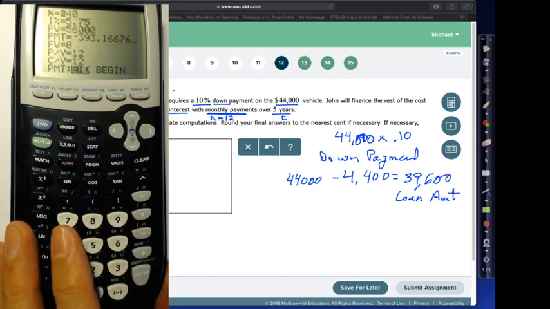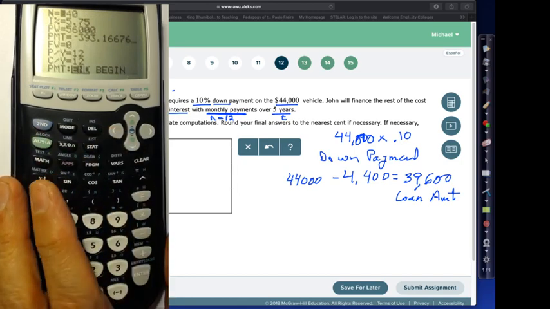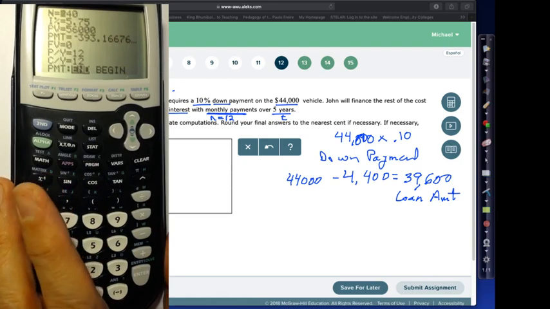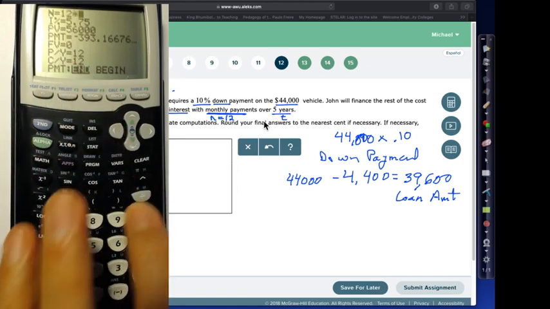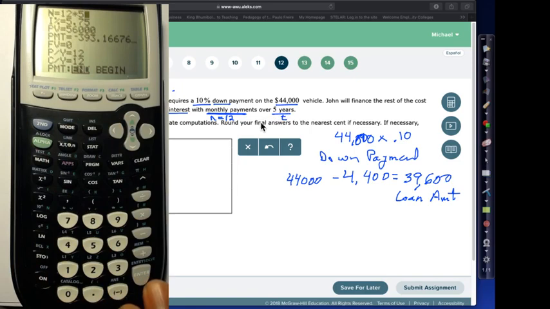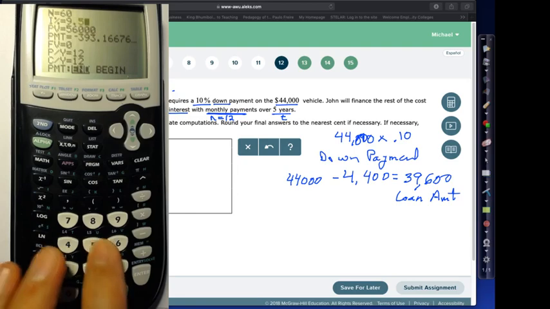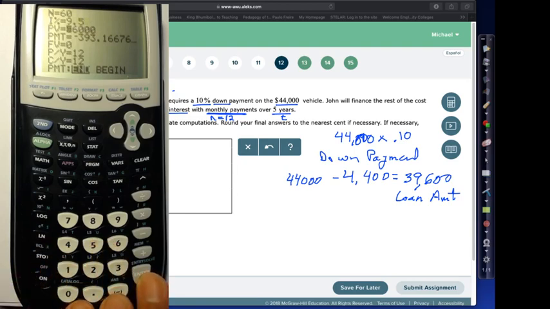This is what's left over from the last problem. We don't have to clear it out, we just leave it as is. So remembering we're doing monthly payments for 5 years, our N is going to be 12 times 5. Now if you do this regularly, you'll just remember 5 years of monthly payments is 60 payments. That's where that comes from. 9.5% annual interest rate. Remember we just entered that in as 9.5. The present value, now be careful here, it's not the cost of the vehicle, it's the amount that we need to borrow. We've put a down payment, so we're only borrowing